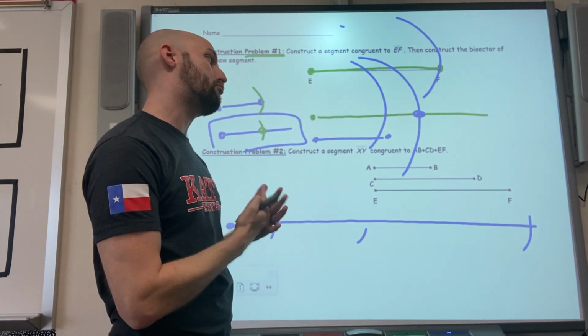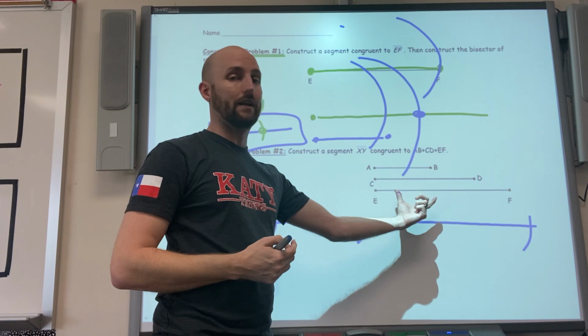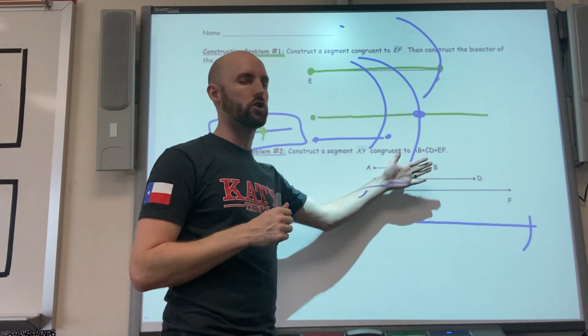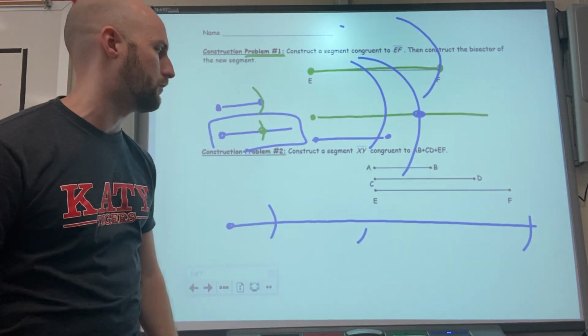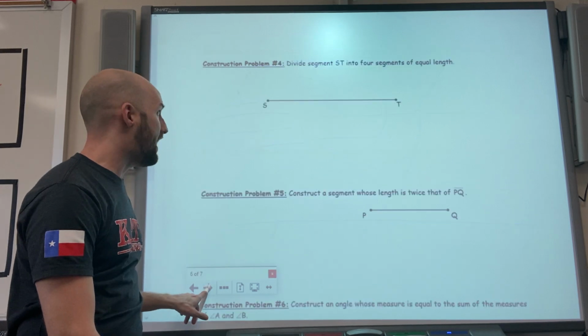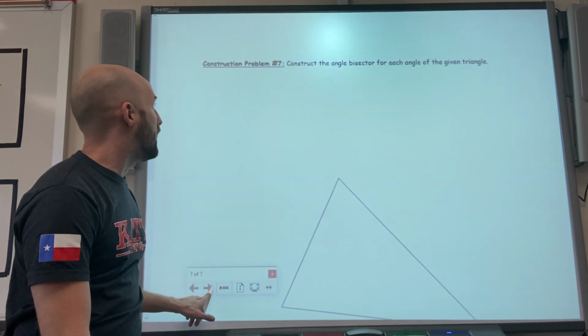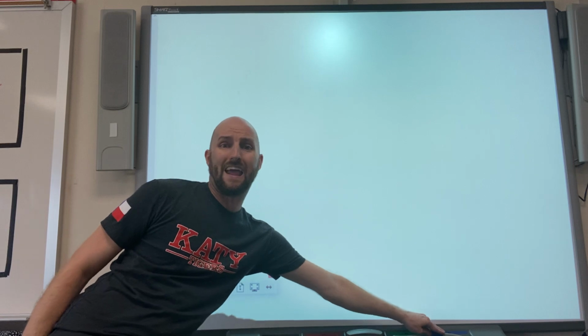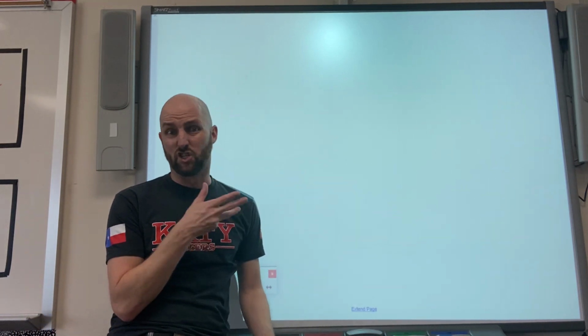But if you don't have a printer, then just make 3 randomly different length lines, and then your work should show about that, right? So I'm trying to do you a favor if you can't print. That is it. So I'll post this on Canvas anyway, but your homework is basically to do that packet,